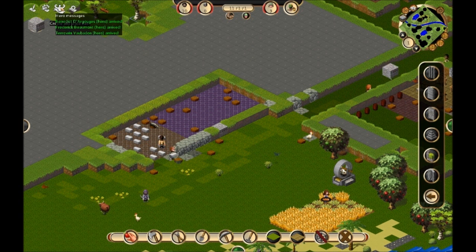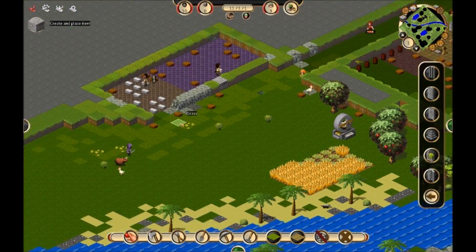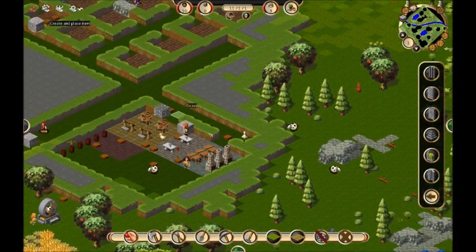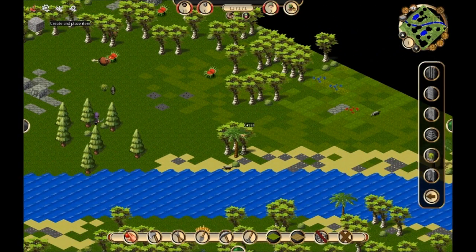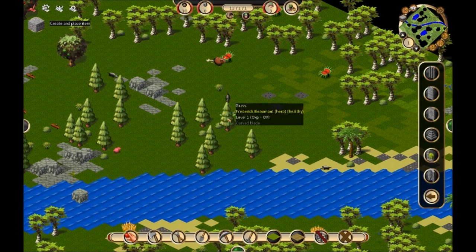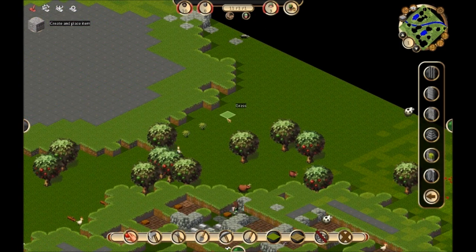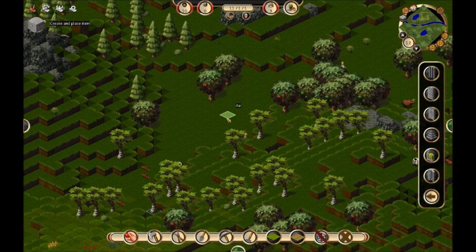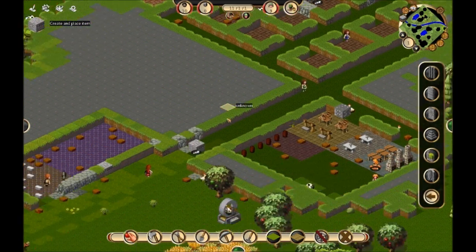Whoa, check that out. I have 3 heroes now, and they all have the same model. That's kind of crazy. These guys will hang out around my town and in the tavern. And see, this guy, he's just wandering off randomly. But my town is a lot safer with these guys around because they will fight enemies. And I think, look at all these trees, I think what I'm going to do is make a...